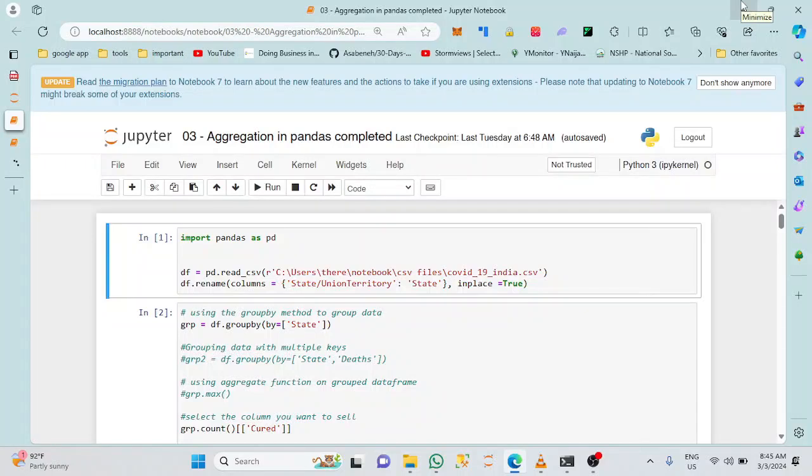Okay, welcome back. Today I'm going to show you how to use aggregate functions in pandas. So the first thing we need to do always, we have to import pandas into our notebook. Once we've imported pandas, then we have to read the CSV file we are going to be using for this